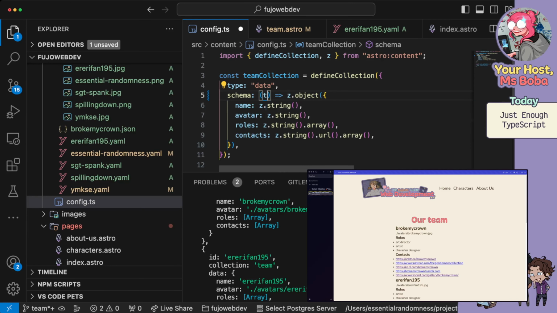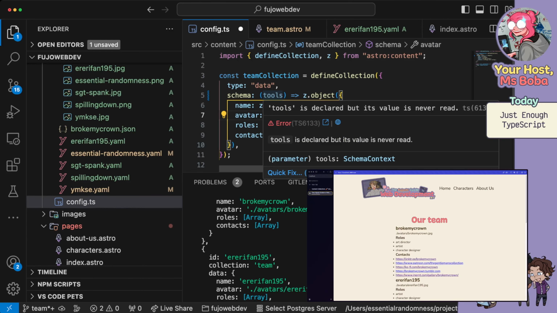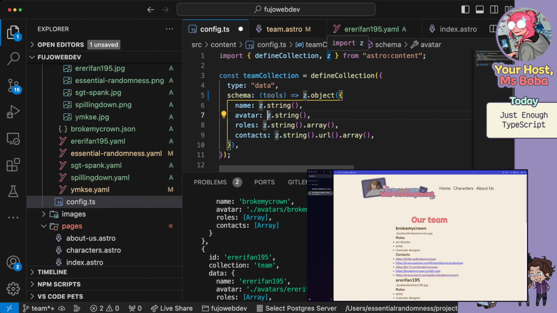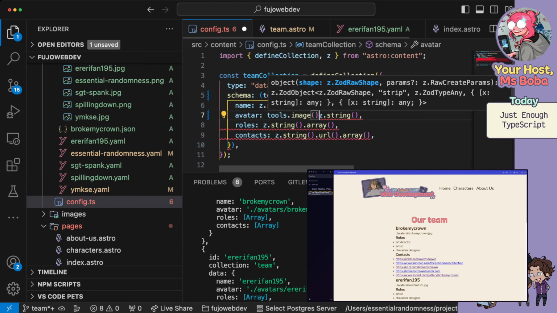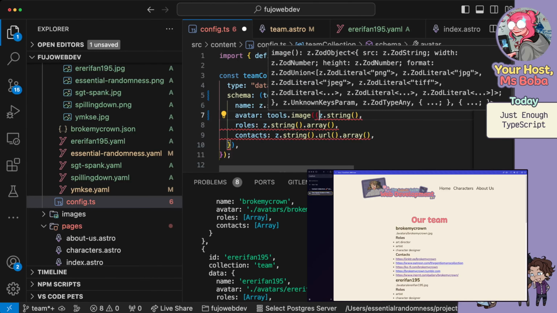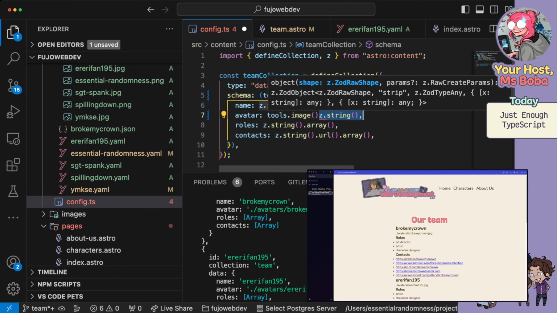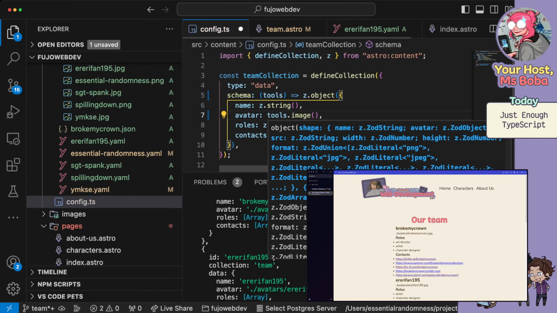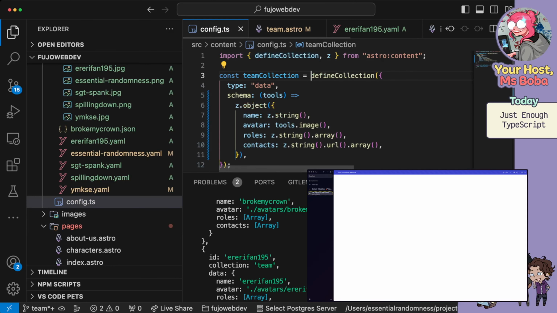And here there are some tools that Astro passes. So when Astro calls this theme collection, these tools here are going to contain tools for us. And one of them is called image. I think it's tools.image. And I think all you need to do is just use it like that. I am fairly sure, and then it will work, except that it will tell me,